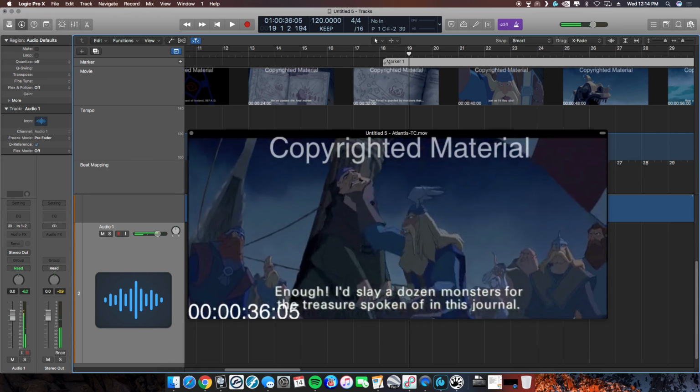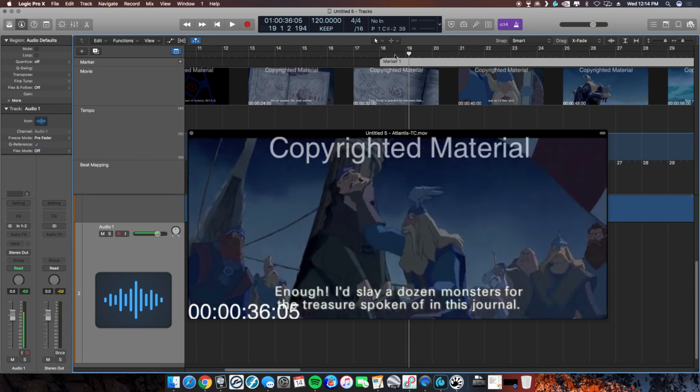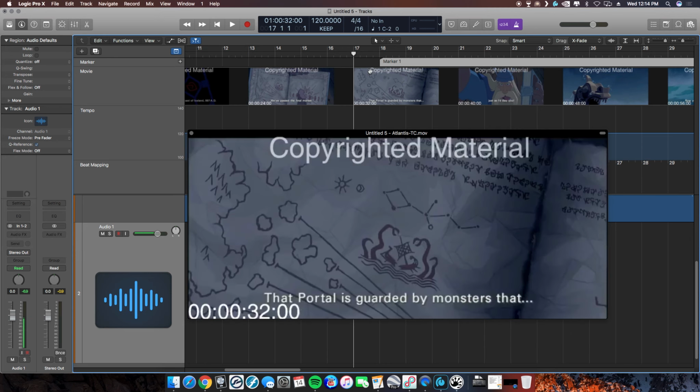and actually that marker may sync up really well. So what I might do is move this marker, and if you move the marker, it'll also move the image of the film to coincide with where the marker is, which is a really nice